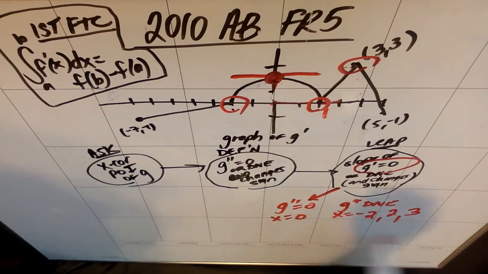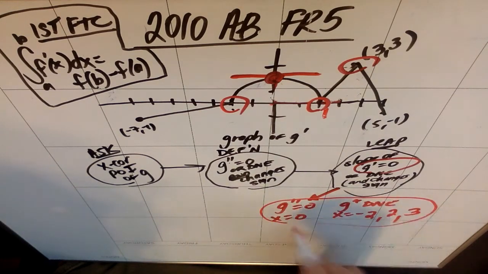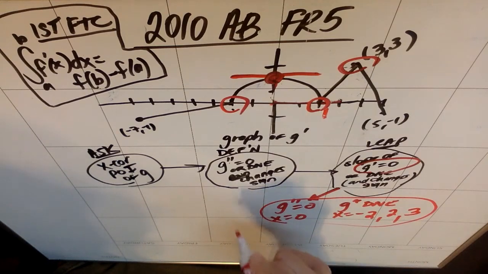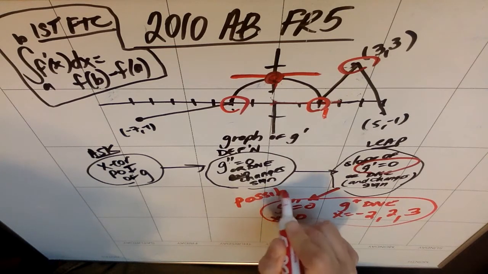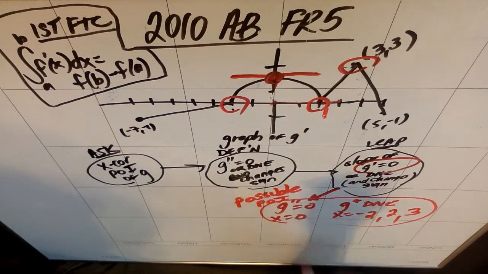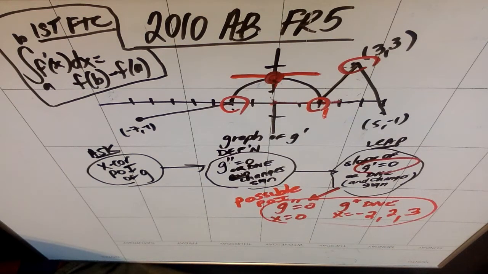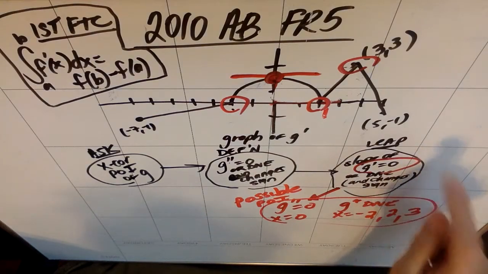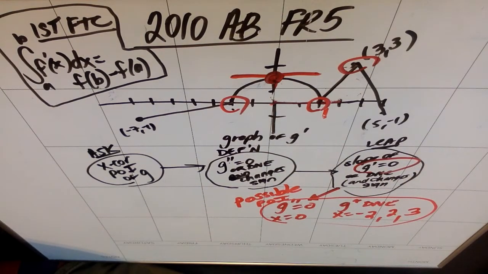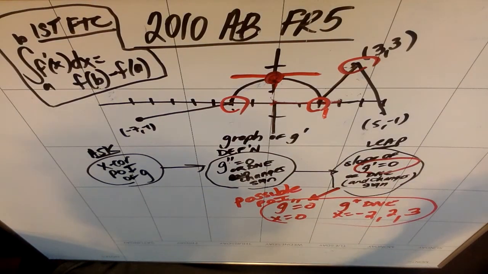So these are the contenders for points of inflection, these are possible points of inflection. But what makes them a point of inflection is if at those points the slope changes sign. The slope of this graph would be my g double prime, and it changes